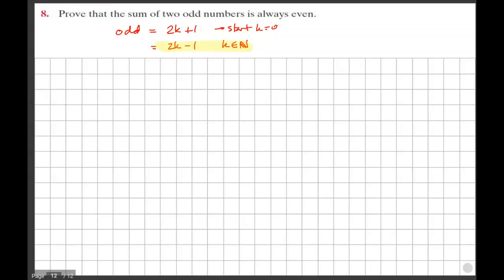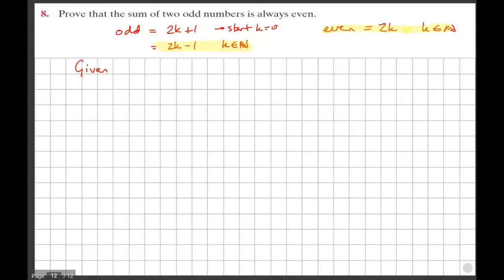And for evens, an even number is basically anything of the format 2 multiplied by k, again where k is a natural number. So how can we use these two statements to prove this? We're told about two odd numbers. So we're given the fact that we've got an odd number,